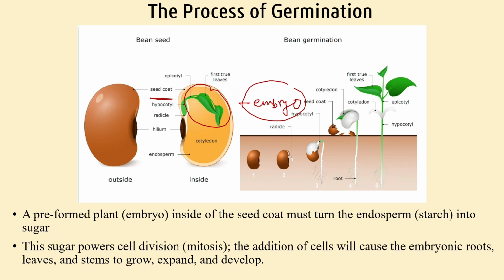Surrounding the embryo, the endosperm is present, which stores starch. This starch is the fuel of the plant's early growth. So this is the endosperm which stores the starch. As germination begins, the seed converts the starch in the endosperm into simple sugars. These sugars are the energy source of